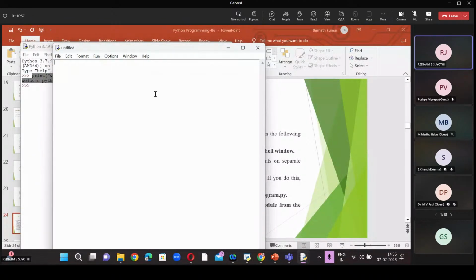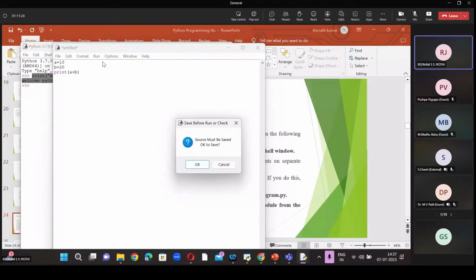So for example, here I want to write the addition of two numbers. For that purpose, I use A equal to 10 and B equal to 20. Then print A plus B.